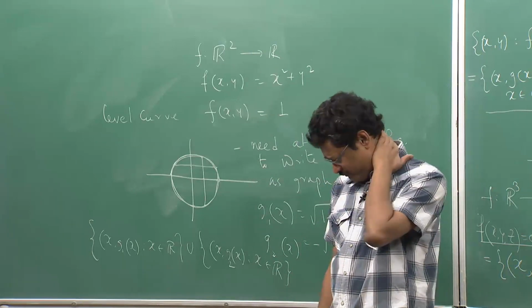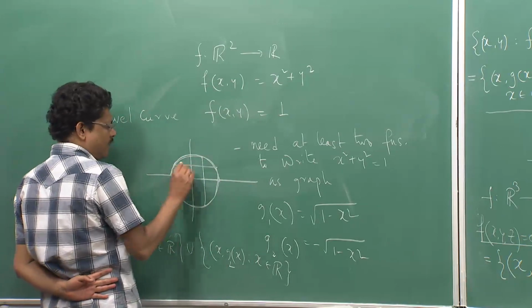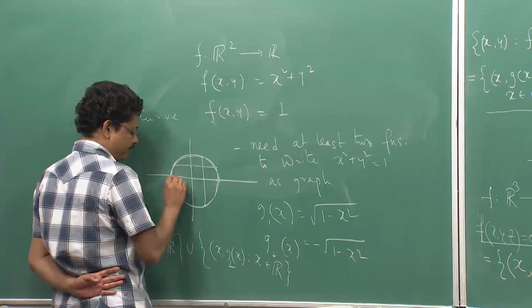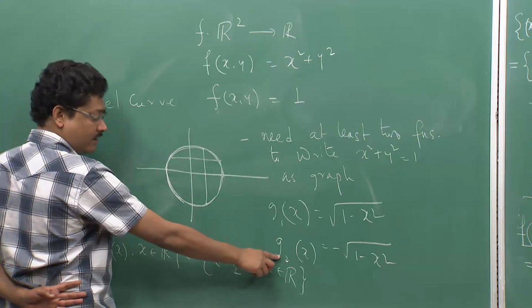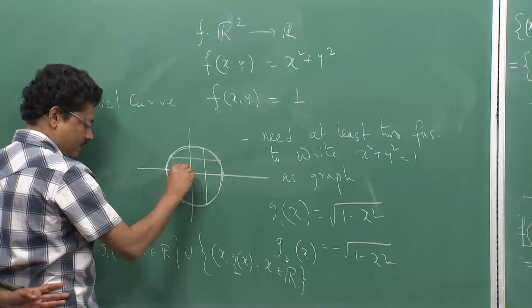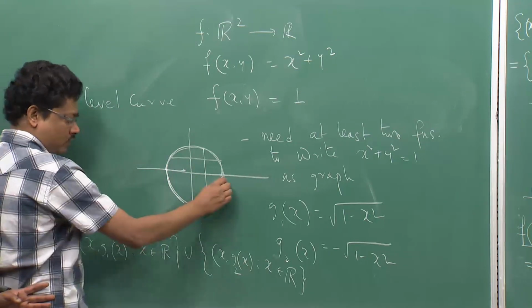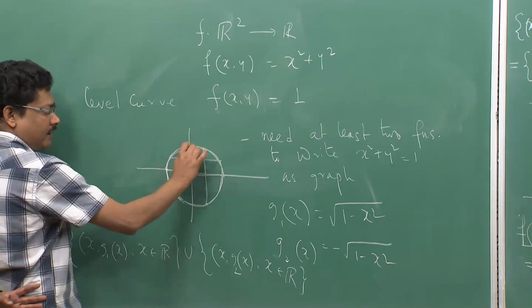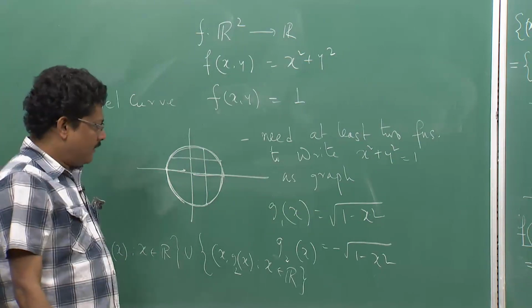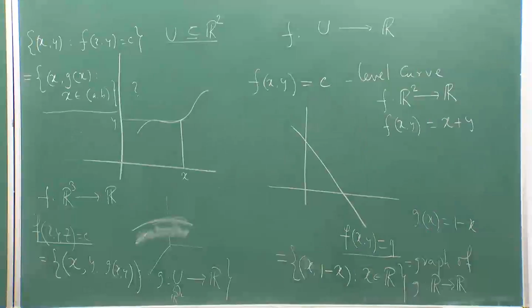But one thing is sure, that if I want to look at a portion of this curve, let us say this portion, of course I can write it as a function. So, this I can of course write as the graph of g2. This portion also I can write as the graph of g2 in some proper interval here also. So, this gives us that maybe we should not be asking this question for the entire curve. So, we should be asking the question locally.